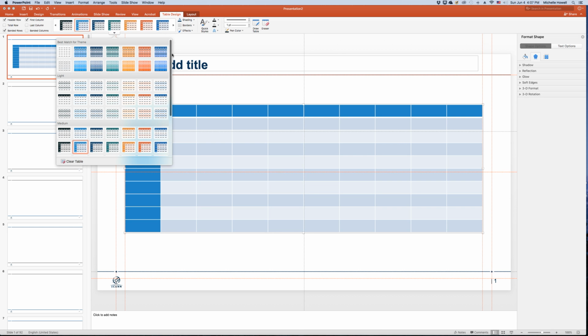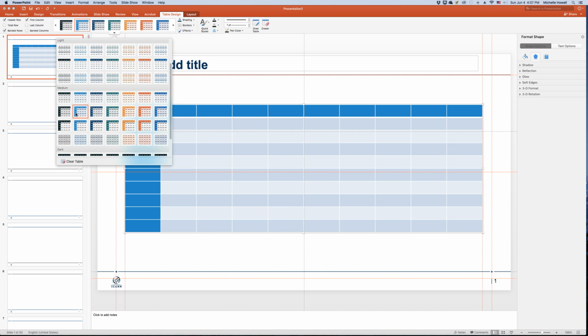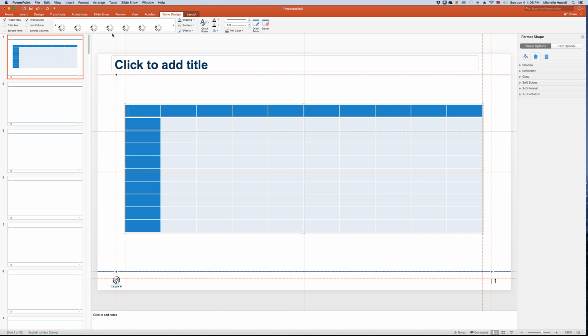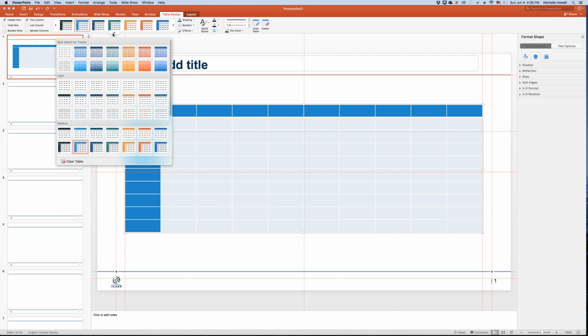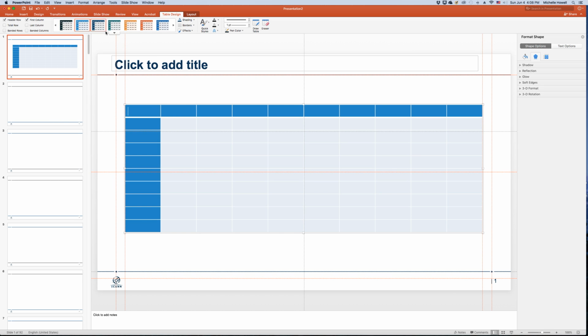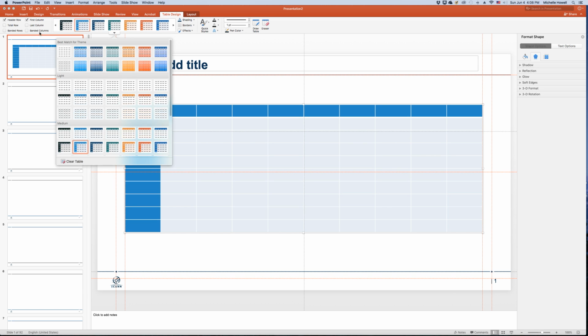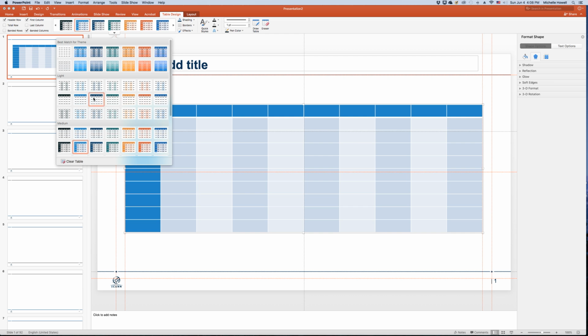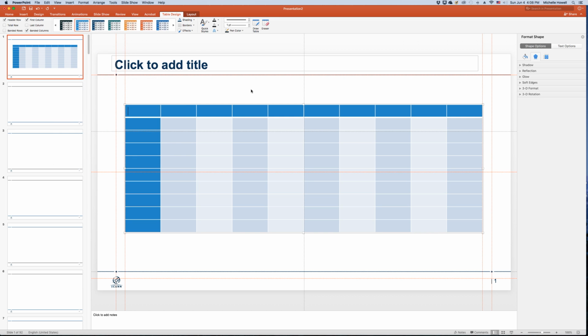It will show you that with the first column selected, you will have the dark background. You take that off and it no longer has that. You put it on, it shows it again. Same thing with banded rows. If you take the banded rows off, it doesn't have them. You can add banded columns. And so it just allows you to view things in a different way as a group, so you can see which options may be best for your needs on a case-by-case basis. So that is how you would add